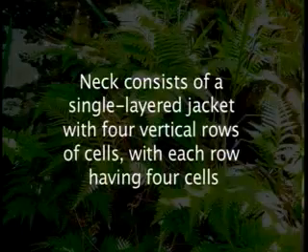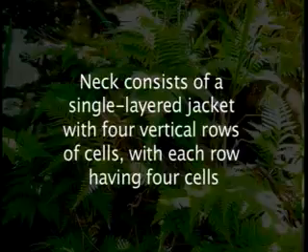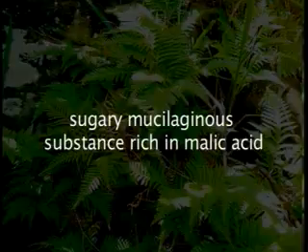Neck consists of a single layered jacket with 4 vertical rows of cells, with each row having 4 cells. So, the total number of jacket cells is 16. The opercular cells or lid cells are absent. Anterior to the jacket of neck, a single dikaryotic neck canal cell is present. At maturity, the ventral canal cell and neck canal cell degenerate and form a sugary mucilaginous substance rich in malic acid. This substance exerts pressure at the distal end of archegonium, due to which the distal tier of neck cells is ruptured and the neck cells are far separated to establish a passage, and the substance comes out in the